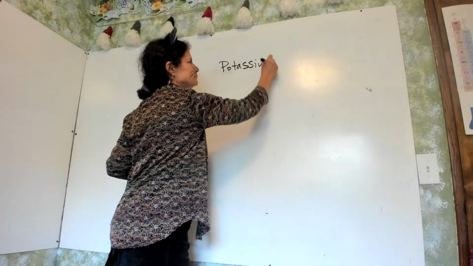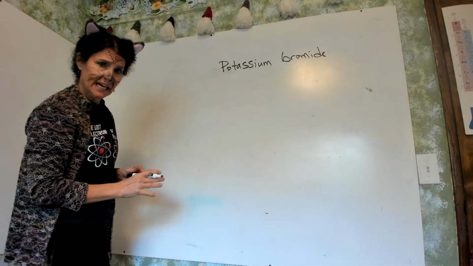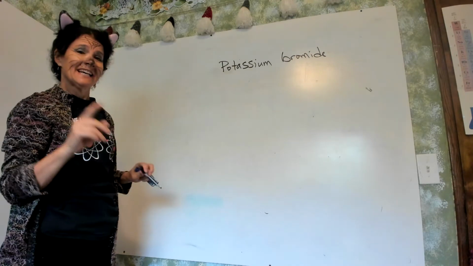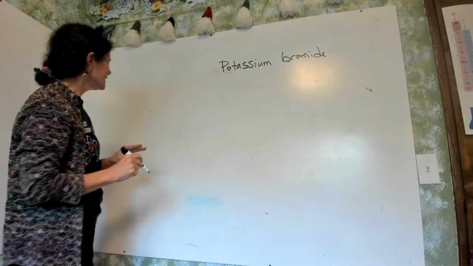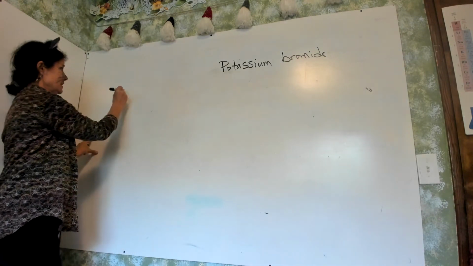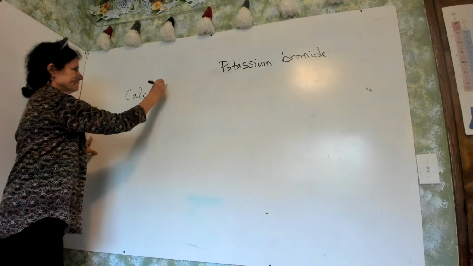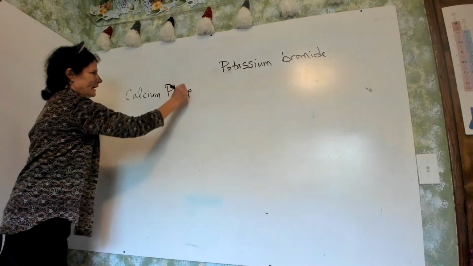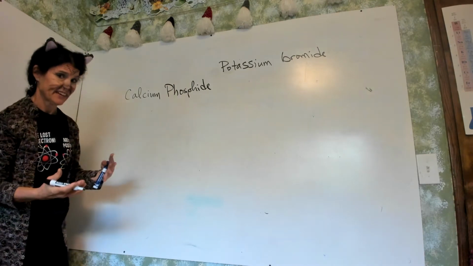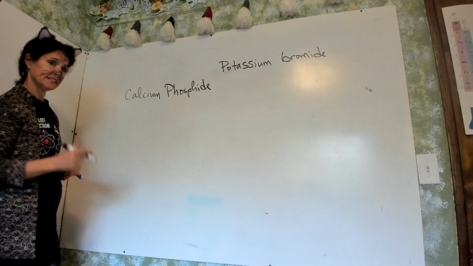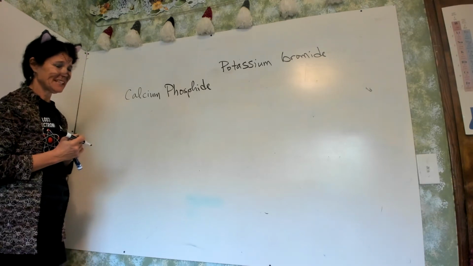All right, potassium bromide. By the way, for right now, I'm giving you a name. You're writing the ions. So write the ions, put it together. And hopefully I'm not in the glare. We'll just come over here for the next one. And then we'll do calcium and phosphorus. So again, we call it phosphide, but it's calcium and phosphorus. So pause me, try it. Count to 5 because you guys didn't pause me.